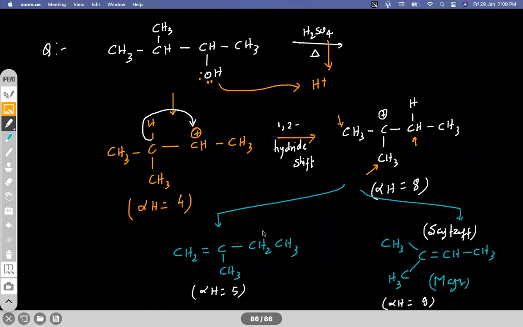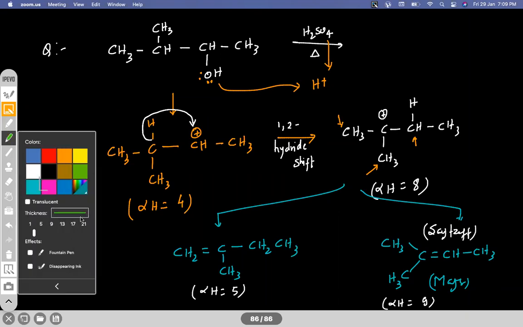So this kind of shifting you must consider whenever a carbocation forms. We call it rearrangement of carbocation. Whether you do it or not, in the reaction, the reactant itself will do it on its own, right? So whenever it is possible, we always have the rearrangement. Rearrangement is possible in reactions in which a carbocation forms. Since hydrogen is shifting here, it is a hydride shift. Imagine if we had one more CH3 present in this case, then one more methyl can shift. Then it would be a 1,2 methyl shift.